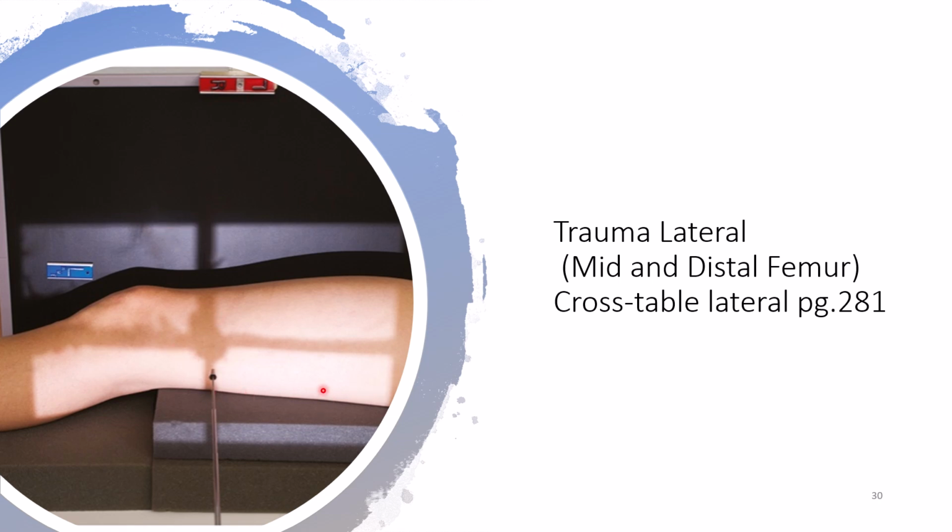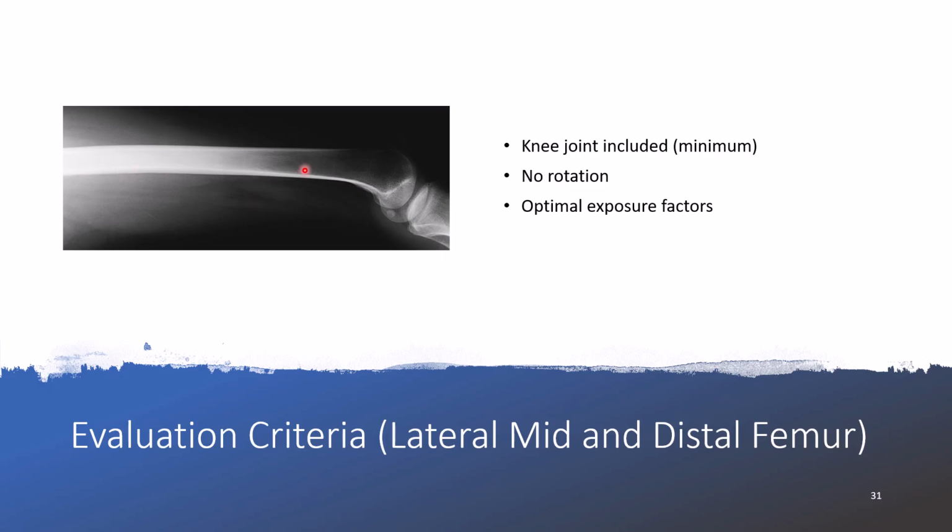The affected leg is elevated slightly, and you're going to capture the knee and as much of the distal femur as possible. And when that is done, that will give you a cross-table lateral of the mid and distal femur without rolling the patient. So that image is equivalent to figure 7.39 on page 281. And then our last trauma view